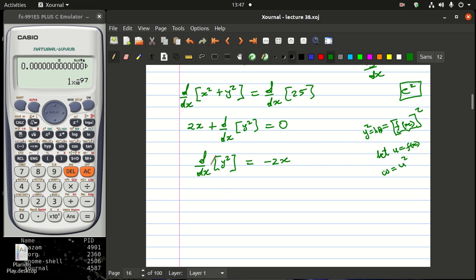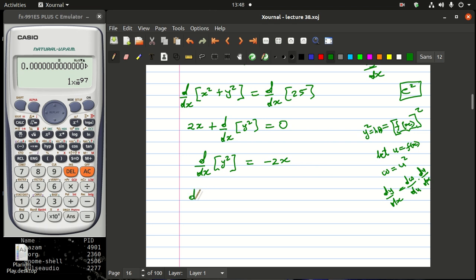So if now I am looking for my dy dx, I will have to take the derivative of w with respect to u, and then take the derivative of u with respect to x. That is actually what is happening. So if I let this one be my h of x, this part here is going to